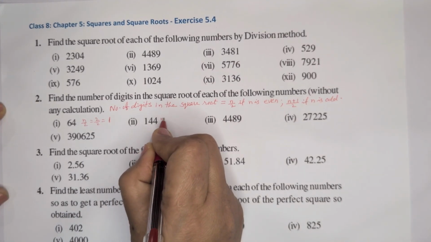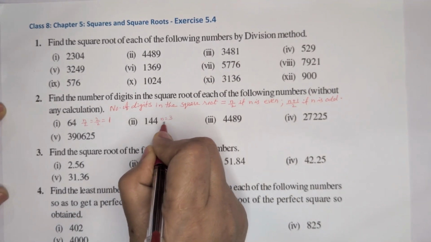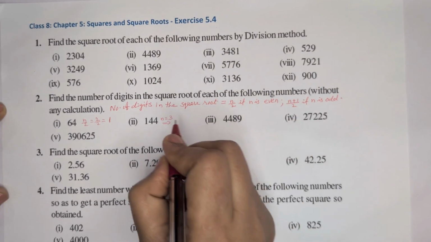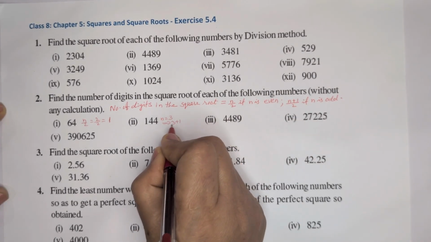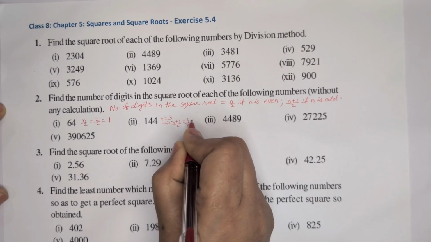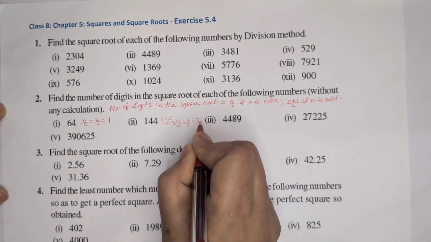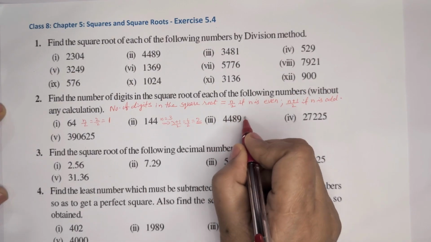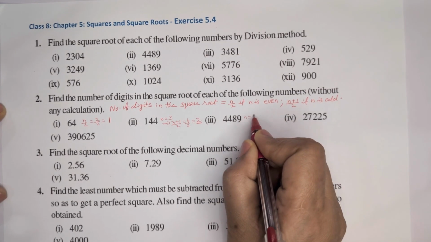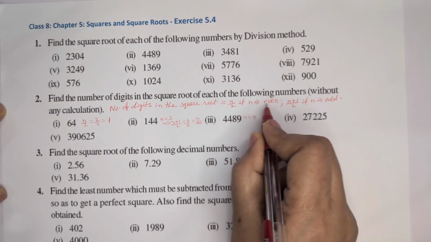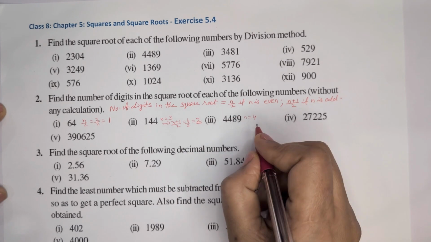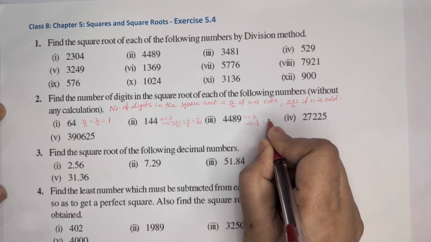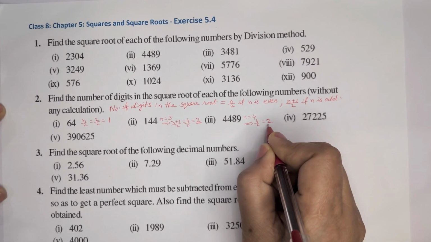Here n is equal to 3, an odd number, which implies (n plus 1) by 2. That means 3 plus 1 by 2, 4 by 2, is equal to 2 digits will be there in the square root of 144. Here the number of digits n is equal to 4, which means n is an even number. So n by 2, which implies 4 by 2 is equal to 2 digits will be there in the square root of